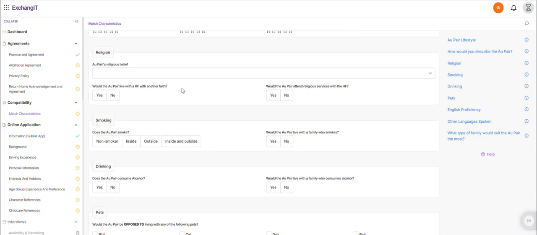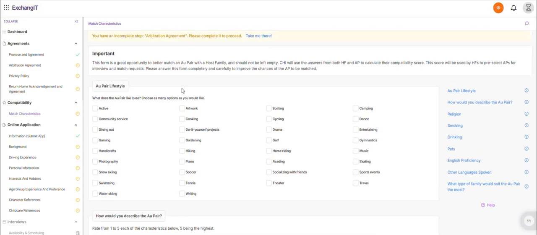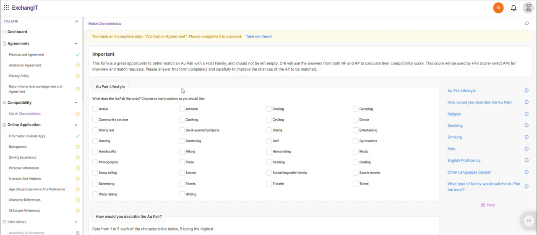Throughout the form, we ask the au pair about different interests, different hobbies, their lifestyle, their choices and preferences, and they fill it out, and then that information is fed into our AI system,